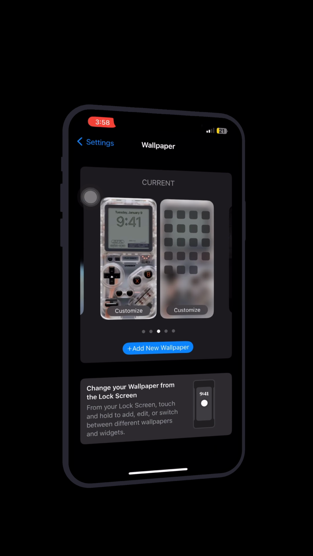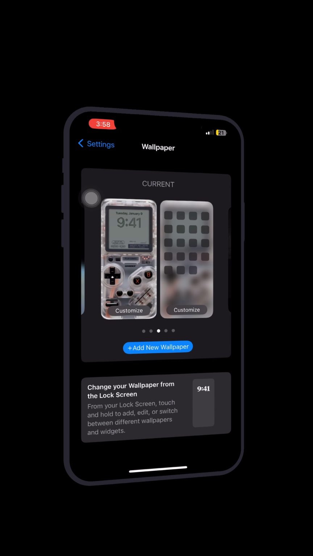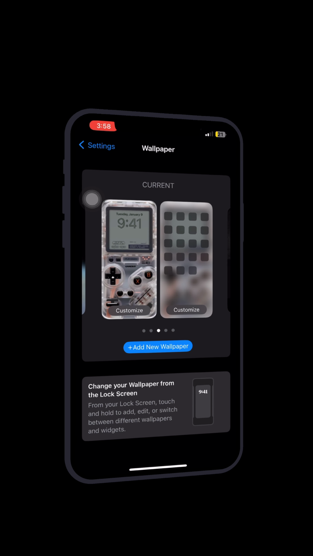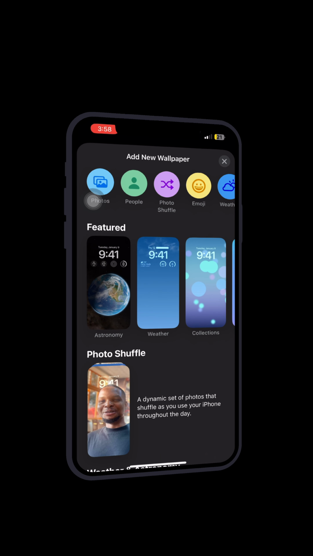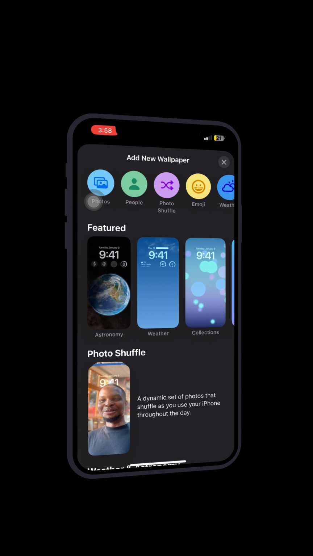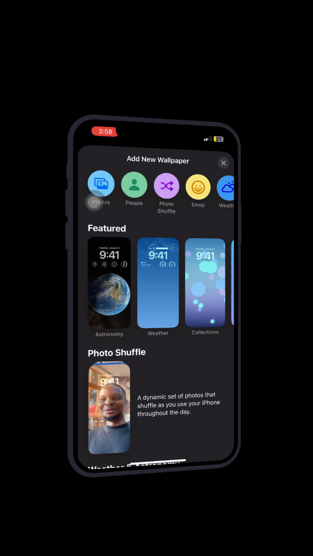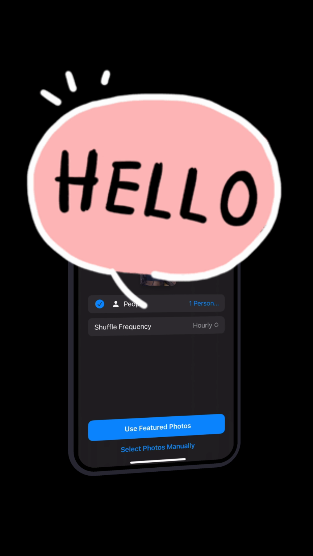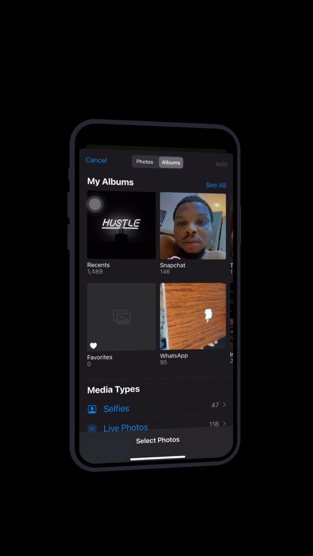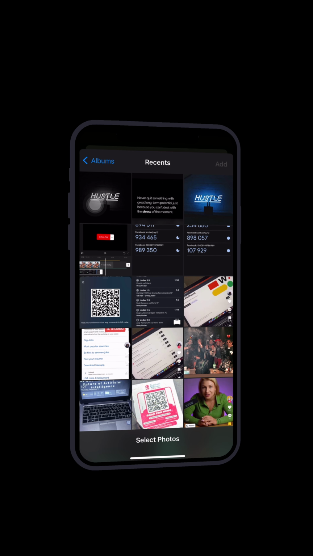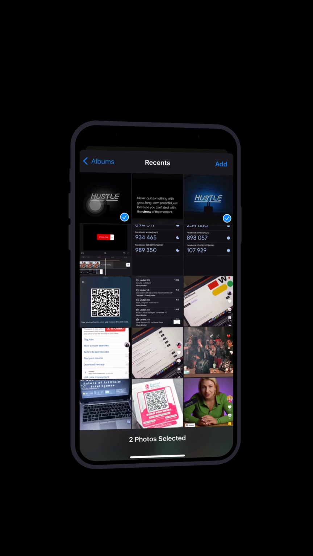wallpaper. This is your current wallpaper. This is my current wallpaper now, so add new wallpaper. Go to your photo shuffle up here, set manually down here, album, then you choose the photos you want, then you click on add here,